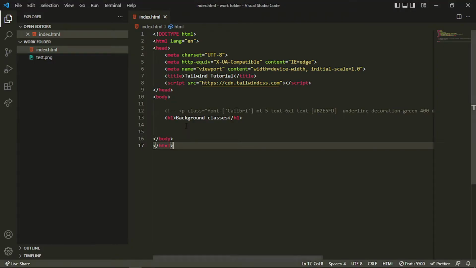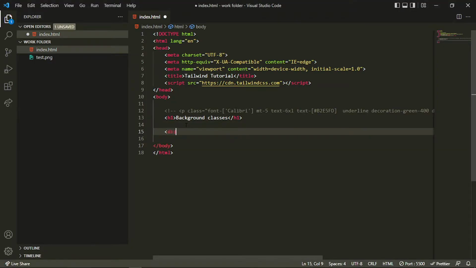So hello everyone, in this video I'll be talking about how you can add background classes in a Tailwind page. So let's see how we can add an image in a div. For adding a background image in a div or in a container, you just have to call some classes